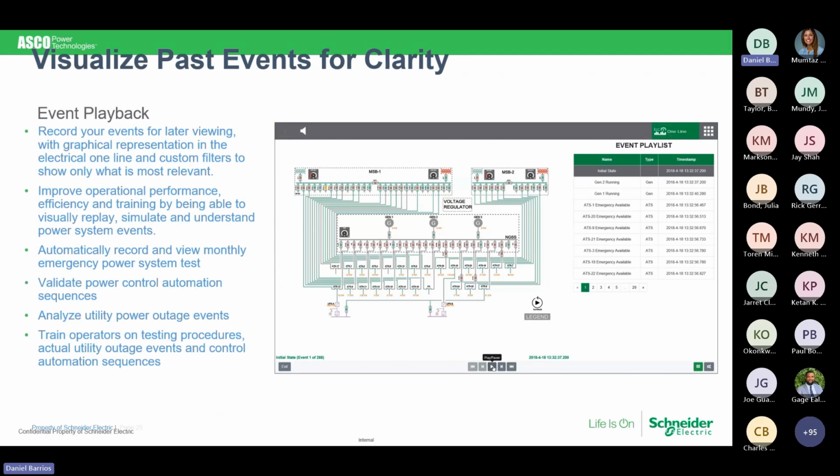There is an event playback here that you can look at, and a little simulation here as to what it's doing. You may want to look at this and see, well, what caused the outage? How did I respond to it? What happened? What did I go into and such? And each of these you can go into a dynamic playback. We're able to give you that function should you want to.